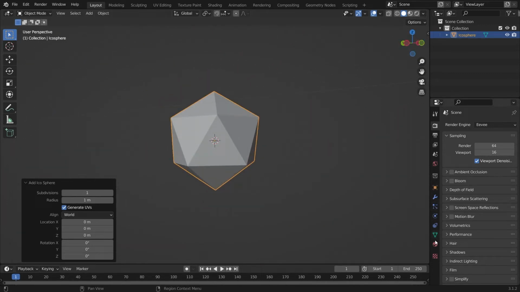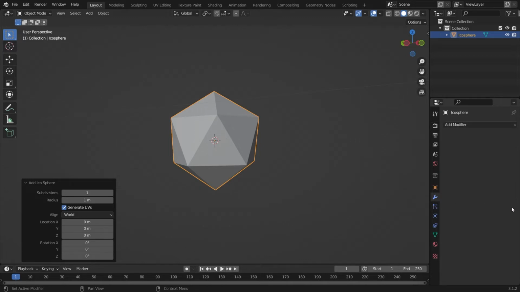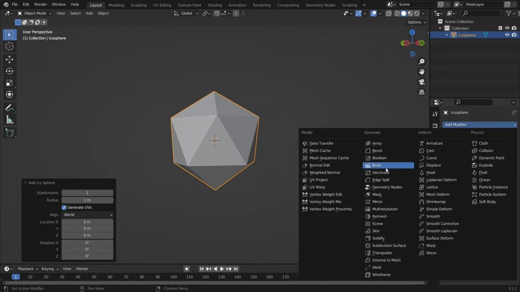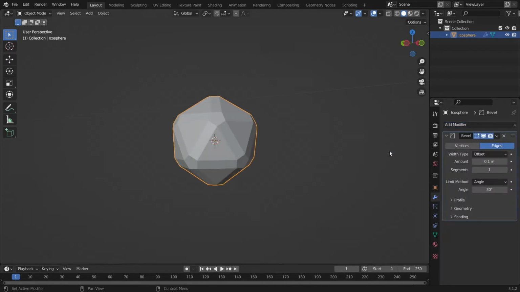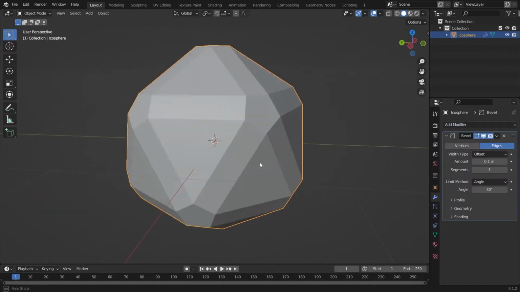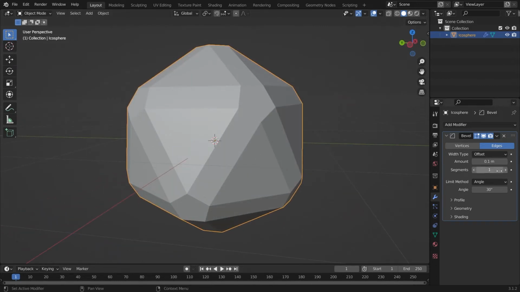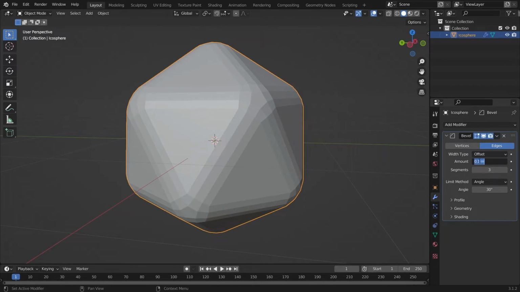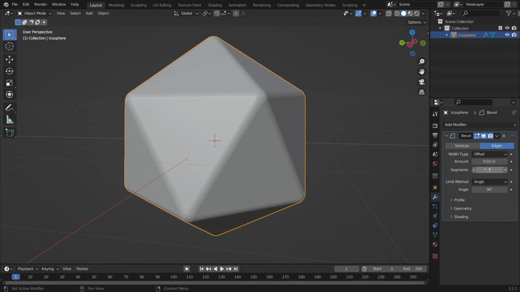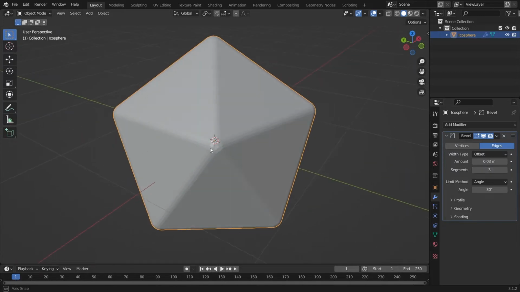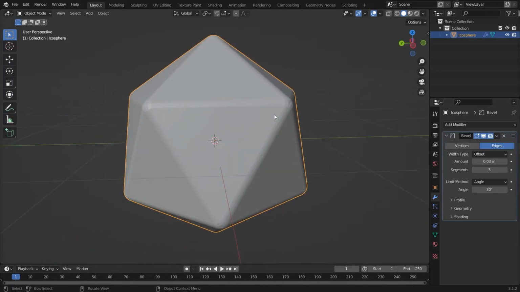And what we're going to do now is go to the modifiers panel, choose add modifier. I'm going to choose bevel. And as you can see, it has started to affect our shape here. So we want to bump the segments up to 3, and then we're going to change the amount to 0.03. And what you see here is that you can still see the geometry on these beveled